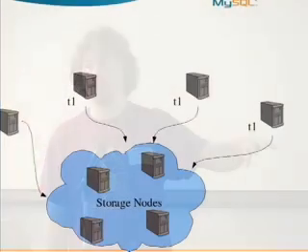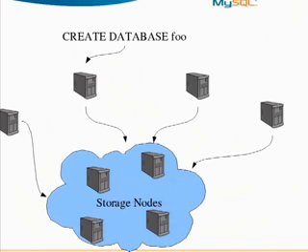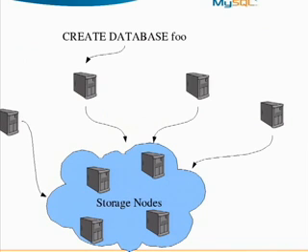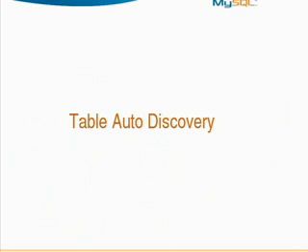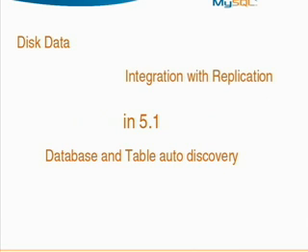Any other questions? Okay, I have one little thing to go over. In 4.1 and 5.0, we've done table auto discovery. So when you create table like schema ops on one thing, we discover that in all the other MySQL server nodes. So you don't have to write create table on every MySQL server. But if you did create database, you had to do that everywhere because we didn't auto discover databases. But if you're using 5.1, you create database and have replication on, they get detected everywhere, which is just a bit of a UI nicety. So we have table auto discovery now, and in 5.1, database and table,